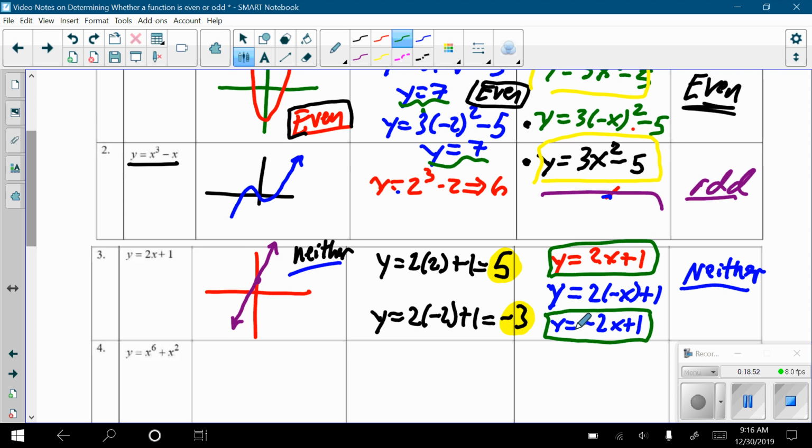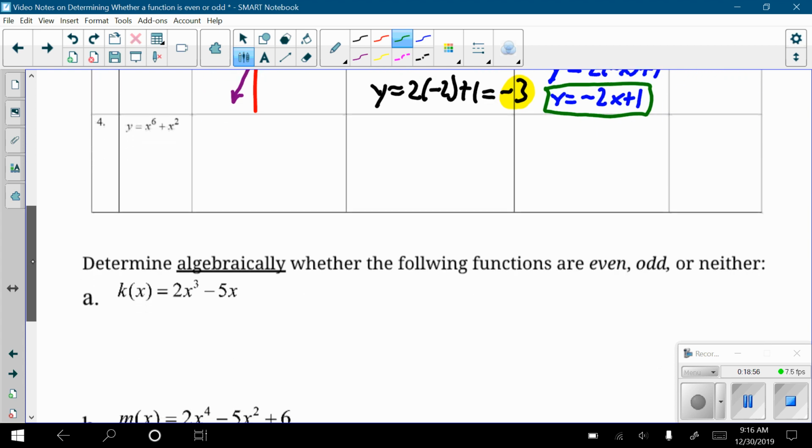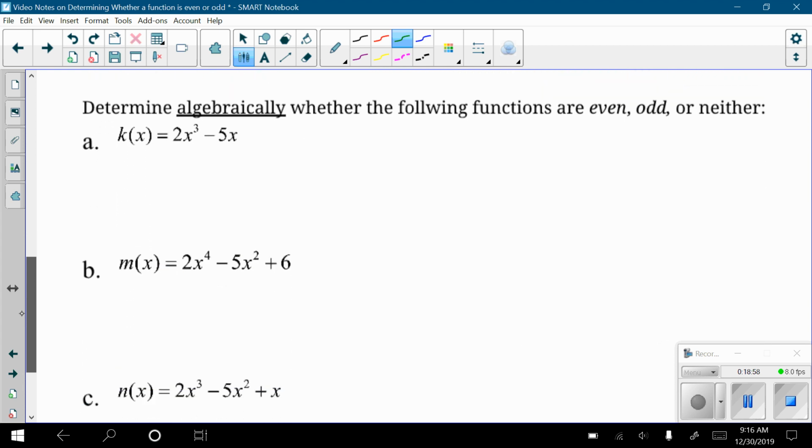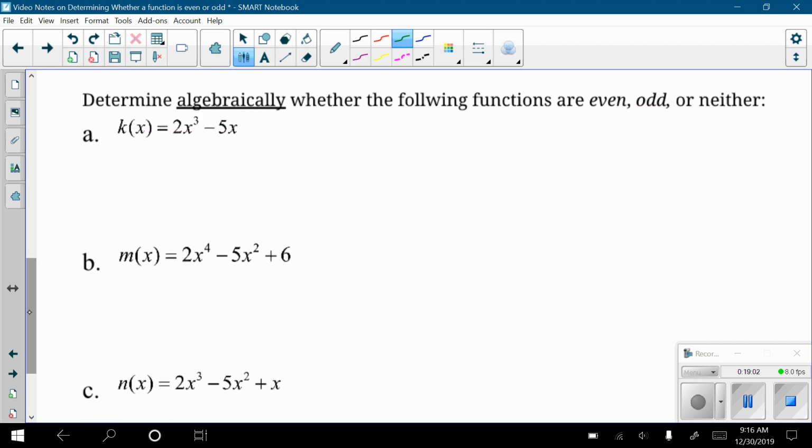Okay. We can skip number 4 for now. I want to focus on this algebraic technique. I'm going to do one with you, and then I'm going to want you to do the other 2. So again,